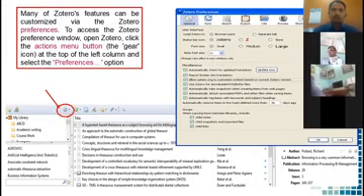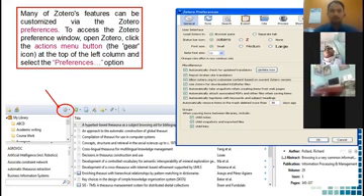Now if you want to do some customization, you can see the settings button available here. If you click on the settings button, this is known as Zotero preferences. The moment you open the Zotero preferences screen, there is an option called synchronization.